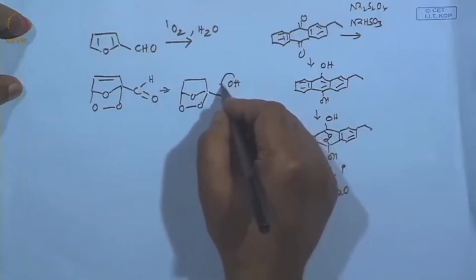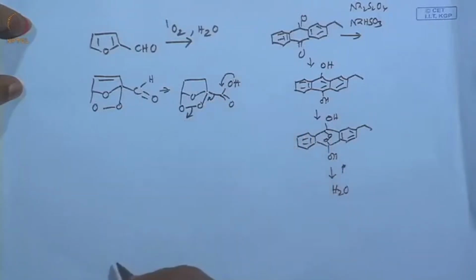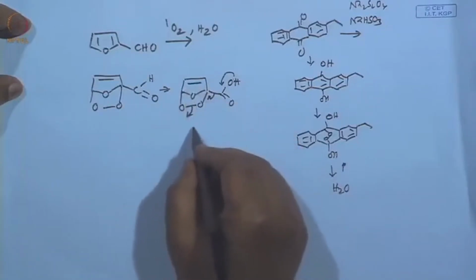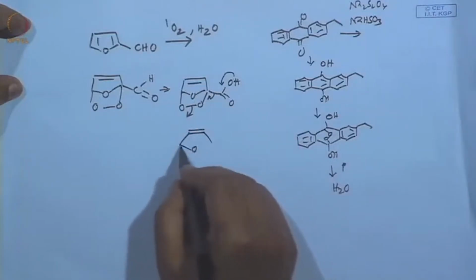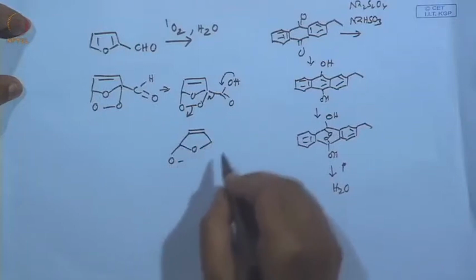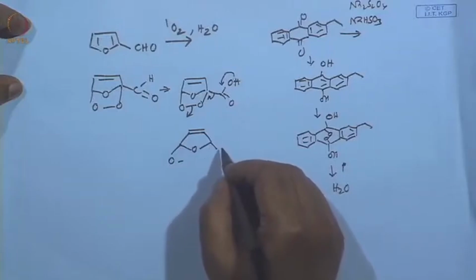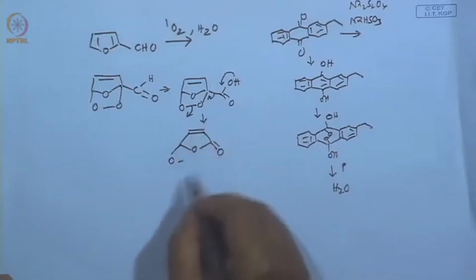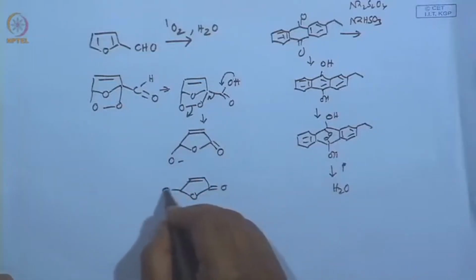So, there is a possibility that it can decompose to... so what we will have now, oxygen here, oxygen minus, and then you have here a double bond. That is it. What is it? It is nothing but, of course, during workup. So, what you will get? You will get this one,